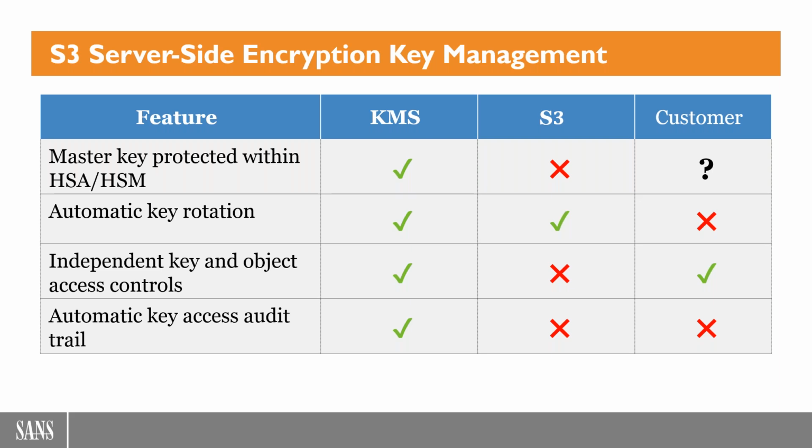There is no separate specification for who has access to the key, whereas in KMS, you have your own key policies of who accesses the key, which is completely independent of the data. And then, of course, in KMS, a huge benefit is you have a full audit trail through CloudTrail. And then, of course, if you're doing it on your own with customer-provided keys, it depends on how you implement it. In essence, you're going to have to implement it all yourself, although you do get, out of the box, an independent key and object access control.